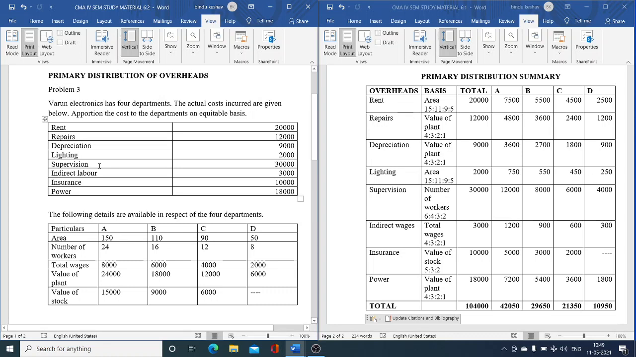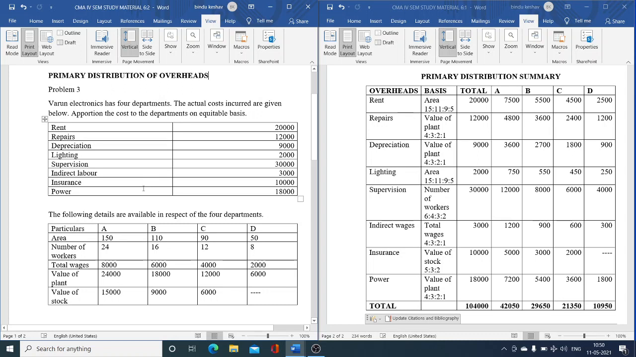The next aspect is supervision, that is 30,000 rupees. Supervision will be based on the number of workers. The ratio is 24:16:12:8, which can be further simplified as 6:4:3:2. So the amount of 30,000 will be distributed among the different departments on this basis: 12,000, 8,000, 6,000 and